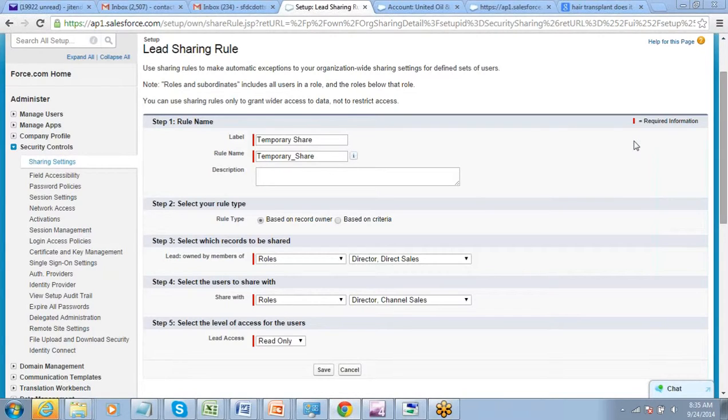Are we talking about the records? If it is a record, then it definitely has to do with OWD and sharing rules. If it is object and any other thing, it has to do with the profile. If it is about providing additional permissions, it has to do with the permission sets. Clear?